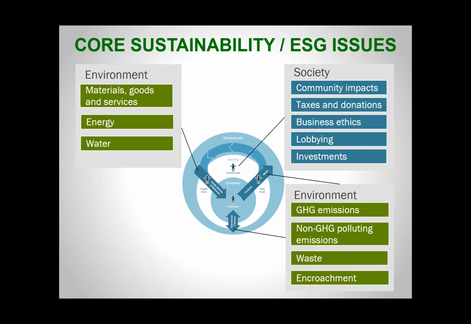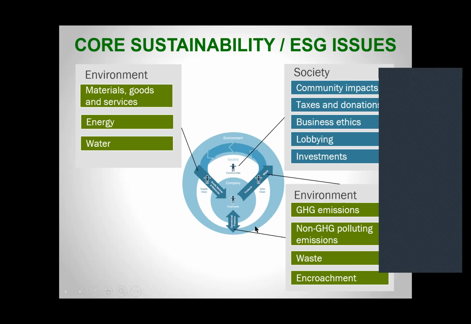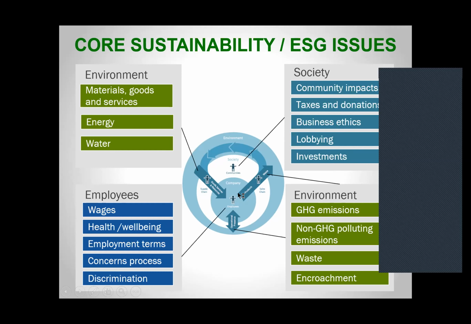So the company is providing resources, in some cases raw money, and therefore we are trying to discourage companies from using tax shelters and tax havens to avoid paying taxes, because it gets in the way of their ability to support society that way. Business ethics is a no-brainer. What they lobby for, and companies in some cases spend a fortune on lobbying, we want to make sure they're lobbying for the right things. And the same thing about the companies that they invest in, that those are good companies as well. So those are the ways in which companies can directly or indirectly relate to society or impact society.